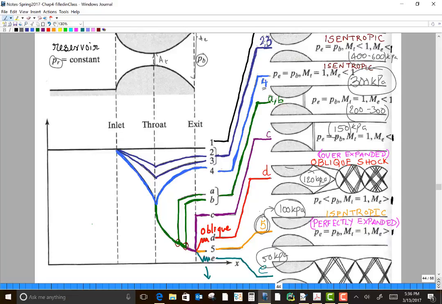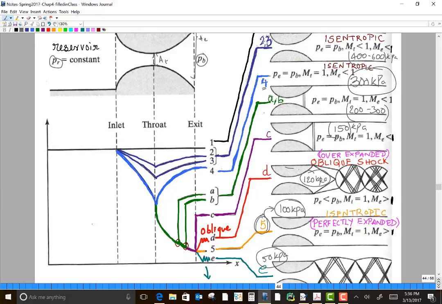What we added, so these are cases that correspond to back pressure values that are in between the values of PB corresponding to case 4 and PB corresponding to case 5. And PB corresponding to case 5 is a supersonic choked flow solution. PB corresponding to case 4 is a subsonic choked flow solution, also called the critical back pressure. So A, B, C, and D are values of back pressure corresponding to